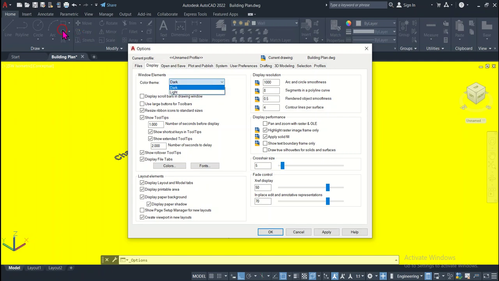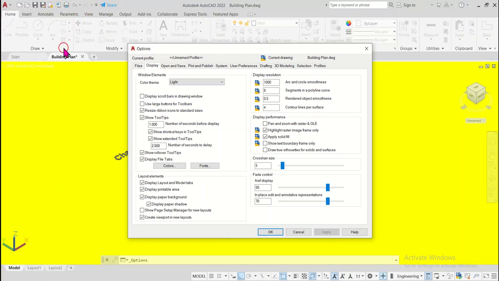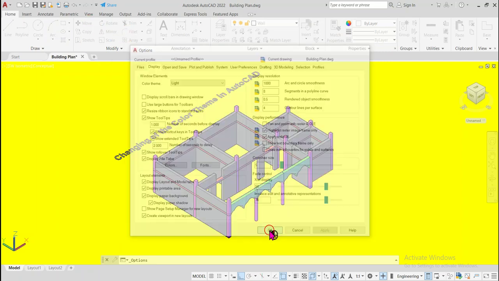Now you can see that it is black, so we can change it to light and apply. You can see that it will change now. It has changed from the black theme to this light theme, meaning from dark to light. So using this way you can change the color theme of the